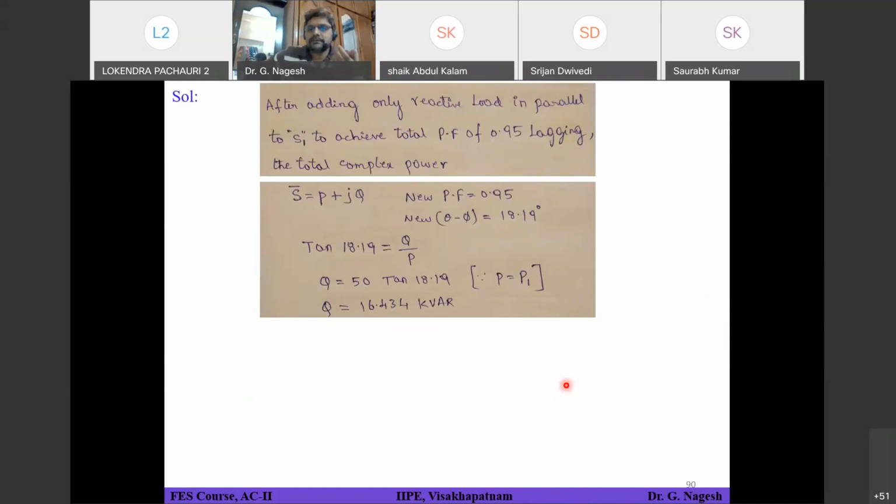You have S minus 21.07. What formula have you used? How did you approach that? Sir, S is equal to S1 plus S2, sir. So P plus jQ is equal to P1 plus jQ1 plus P2 plus jQ2. So from there I have to find S2, sir, that is P2 plus jQ2. Okay, so what is P2 here in that expression? So 50. P2.